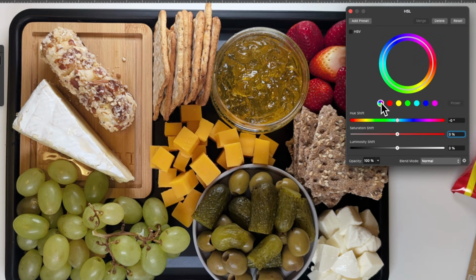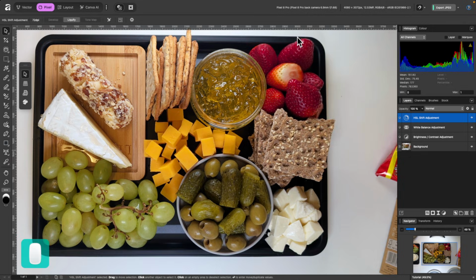So from here, I could just select that circle on the left. That's for the whole image to be saturated a little bit more. So I'll go to saturation shift and just drag that up a little bit. And you can saturate individual portions of your image depending on what color they are just by selecting each of these colors here. And you can go ahead and drag the sliders up or down. So that's the basics of the adjustments.